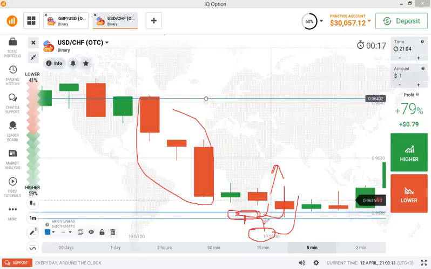Now, when the sellers entered, instead of a bullish candle here, don't bother to place call again on the next candle. Place put immediately. Because this candle that is right here was supposed to be a bullish candle, not bearish. But because we are seeing a bearish candle here, you place put. This means that the sellers